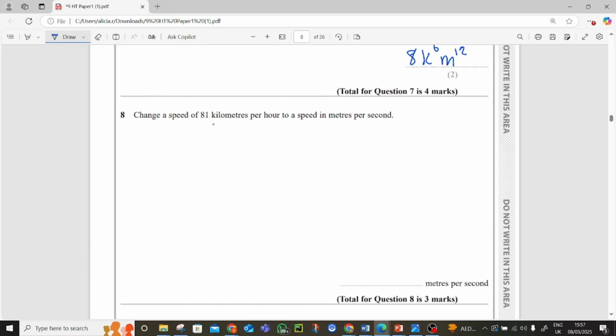Question number 8, change the speed of 81 kilometers per hour to meters per second. Now, I would usually do this in 2 steps. So first of all, I'll change the kilometers to meters. And to do that, if I want to go meters per hour, you're going to go more meters in an hour than you would kilometers in an hour. So I'm going to times by 1,000. That's the number of meters that there are in a kilometer. And so this is